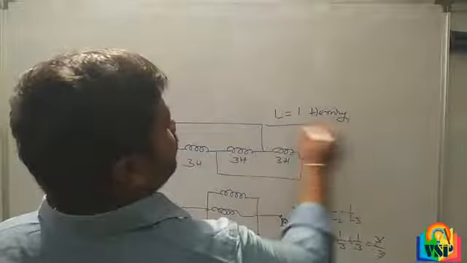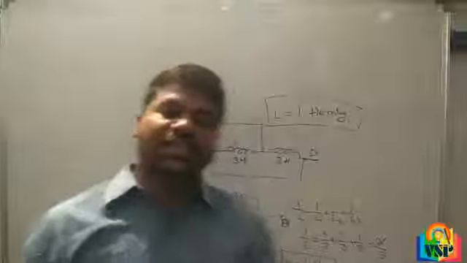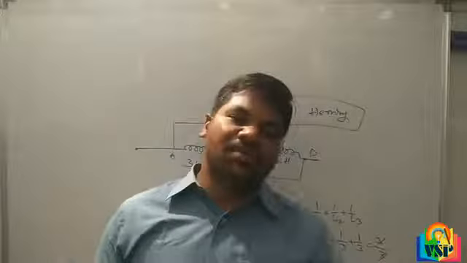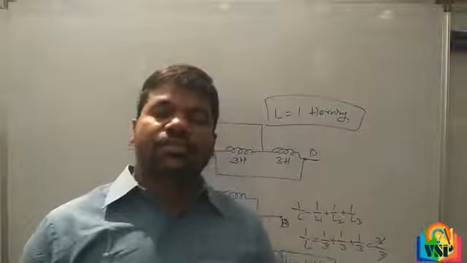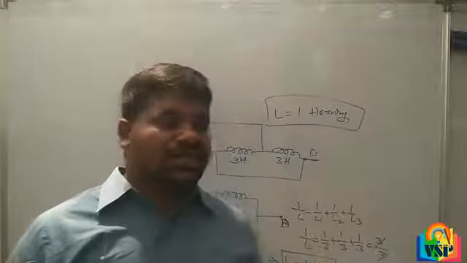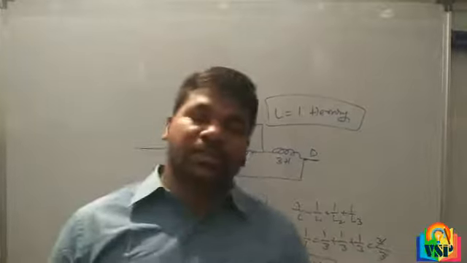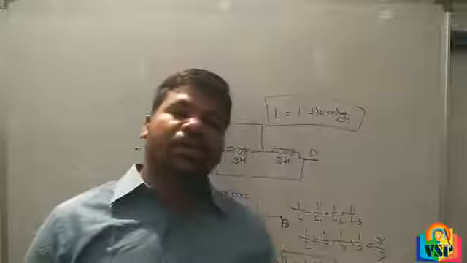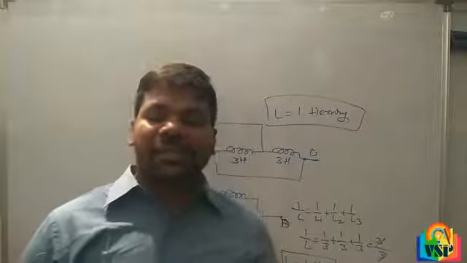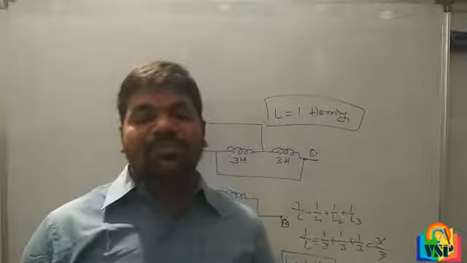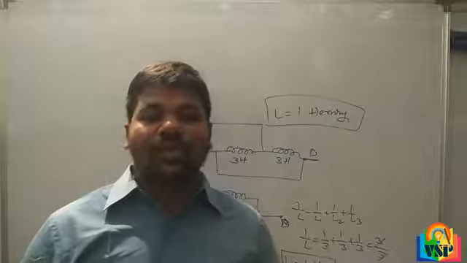Understand, my students? This is a very simple circuit formula. By observing, you can feel it is like resistance, and by practicing, resistances are also arranged like this. With the help of rearrangement of the circuit, we can get an idea of which are in parallel. So by using the parallel formula, we can get the answer, that is L is equal to 1 Henry.